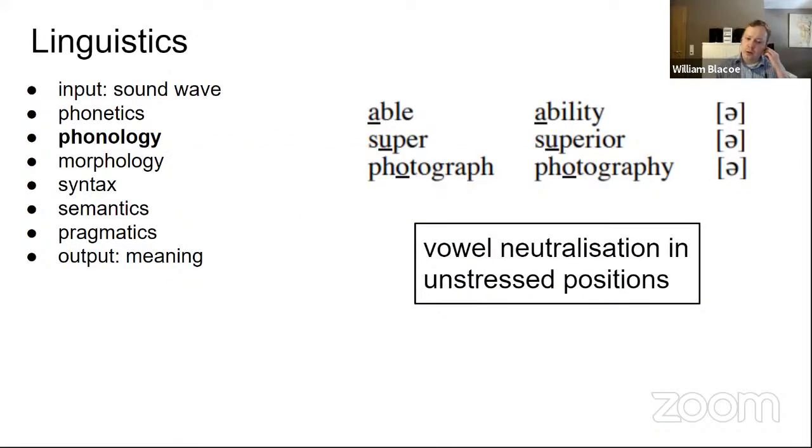Phonology goes into the rules that apply to sounds in the context of other sounds. So here, the emphasis is on the first syllable, right? Able, super, photograph. The first syllable gets the emphasis. Here, even though the word is totally related to the one on the left, the first syllable is no longer the emphasized one, and therefore A becomes uh, U becomes uh, and O becomes uh. So you could formalize this rule: the vowel gets neutralized when it is not in a stressed position, as on the left.